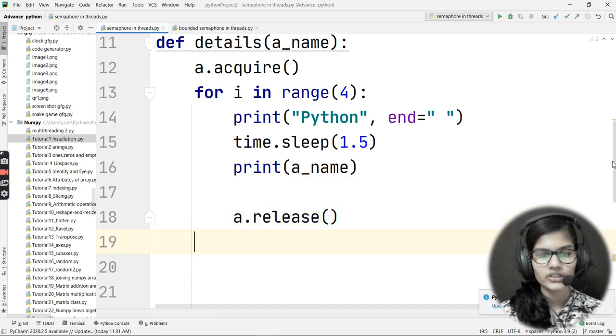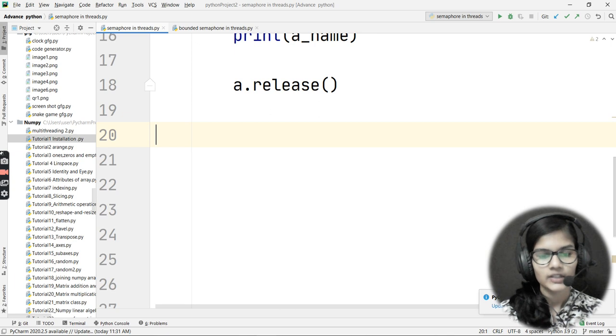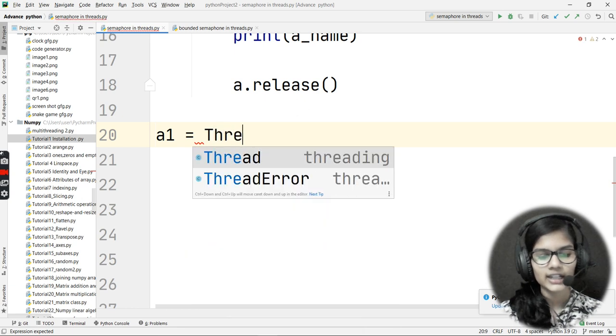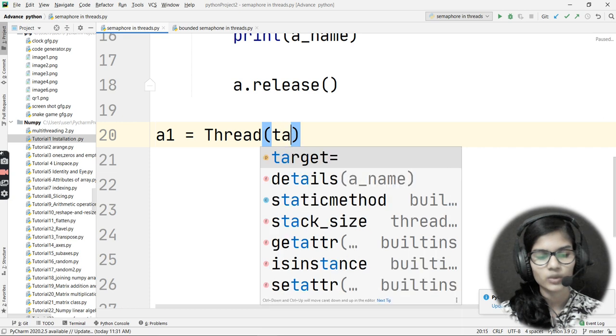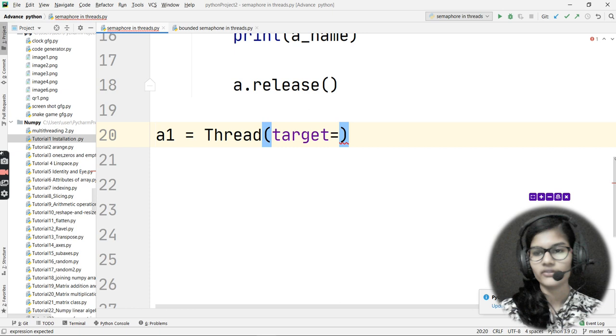Fine. Now what I would do is create multiple threads. Whichever threads I want, I'll create them here. So come to the next line, and let's say the name for my first thread is A1. For that I'll use my Thread function here. Into the bracket I'll write what my target is. In the target we write the function name, right?